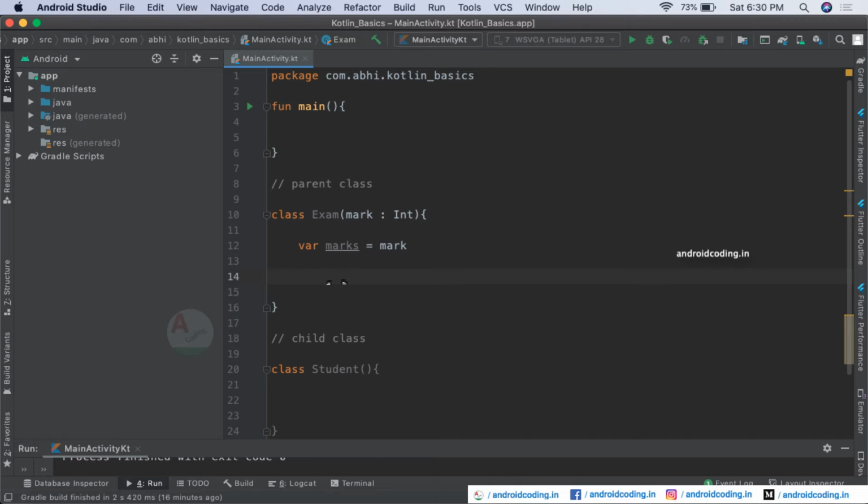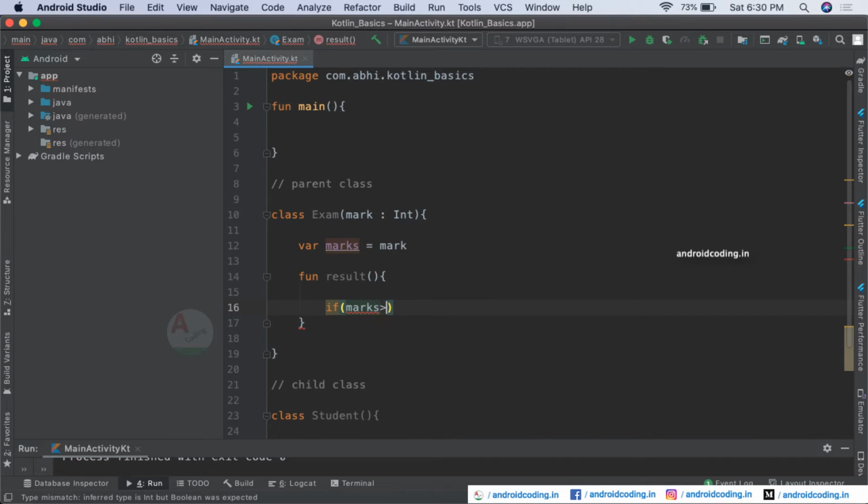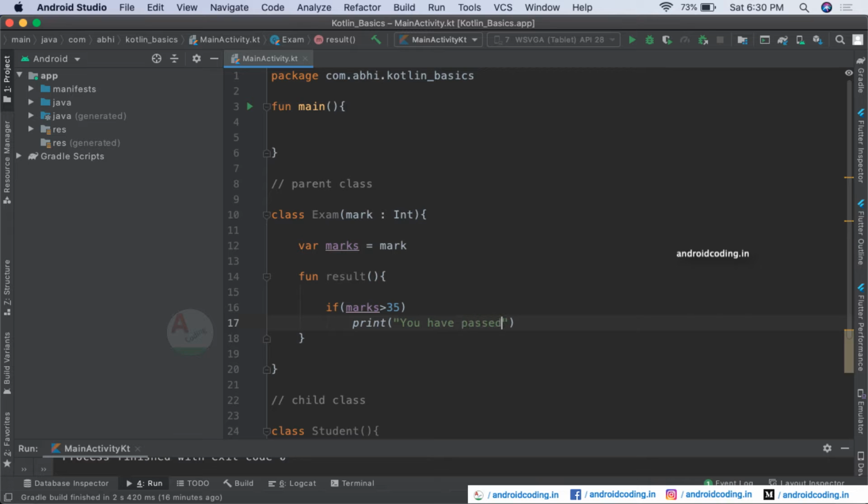We will also be considering a method to print the result. This will check if marks are above 35, then we will print a message "you have passed", else we will print a message